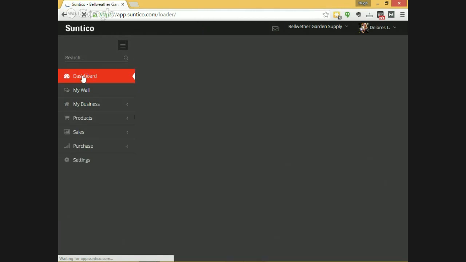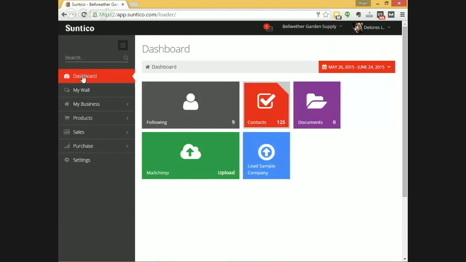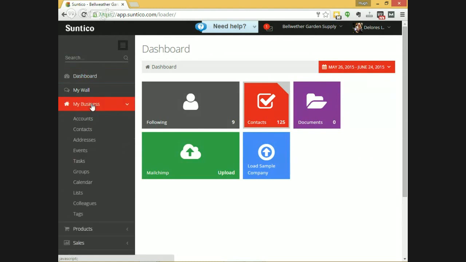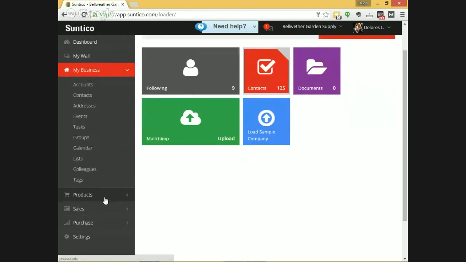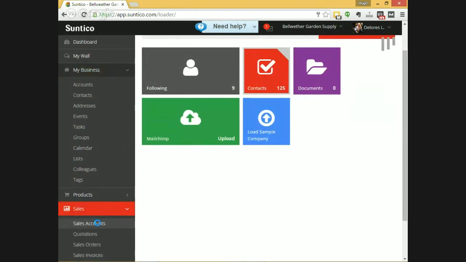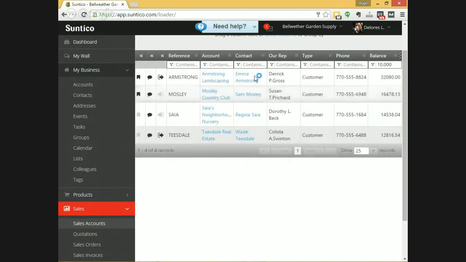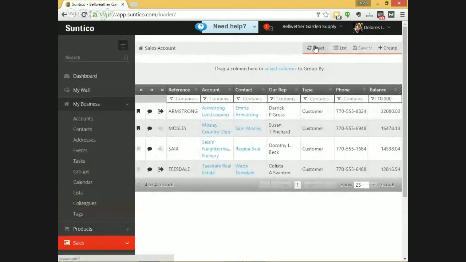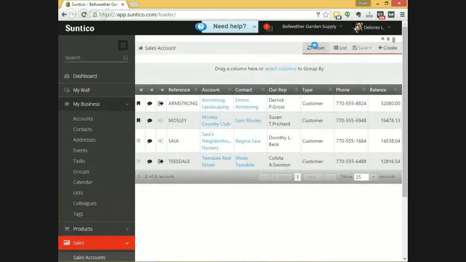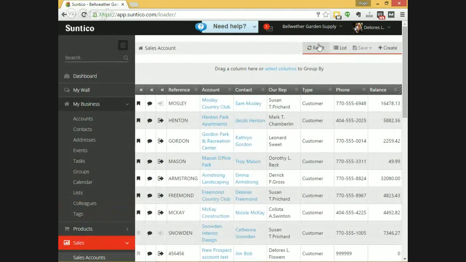So not only have we presented the information that has come up from my small business accounting software, we've also grouped it in a simple way, so I can drill down, say for example, for sales accounts, and I can pick. So I'm going to reset that. I had some filters set, so I can actually create filtered lists and save them. And if I drill down to a particular customer record,